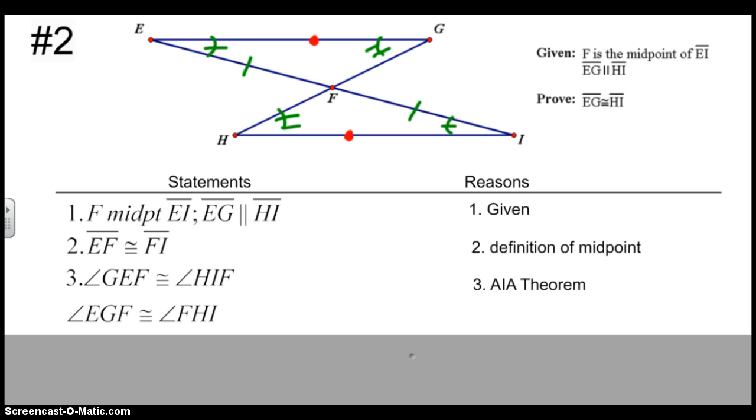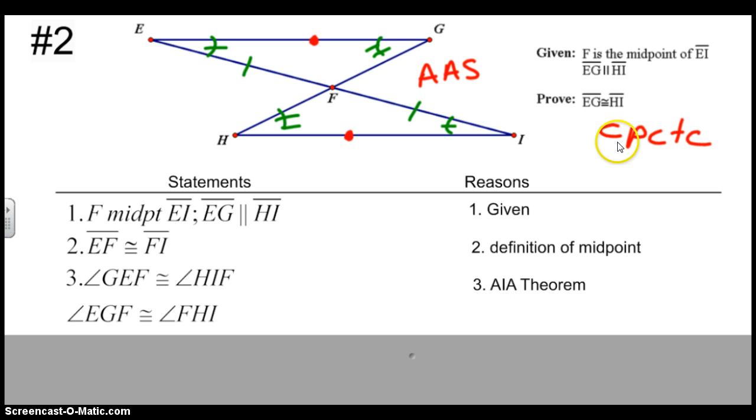Now, if you look at everything you have already, it looks like one of our shortcuts, doesn't it? It's angle, angle, side. Angle, angle, side, and here angle, angle, side. So I actually have the two triangles congruent by angle, angle, side. And if I have that the triangles are congruent, well then that would mean that all of the corresponding parts are congruent. That's something called